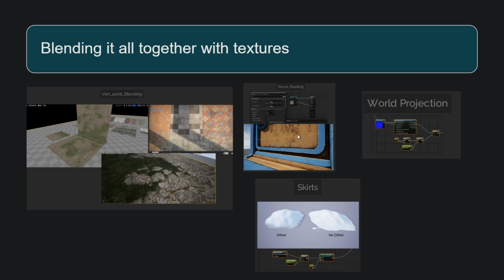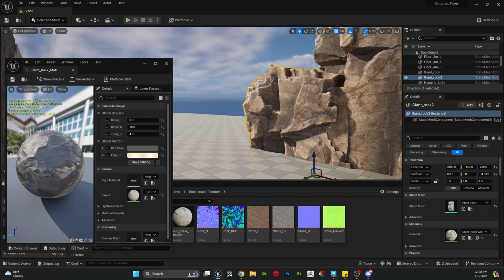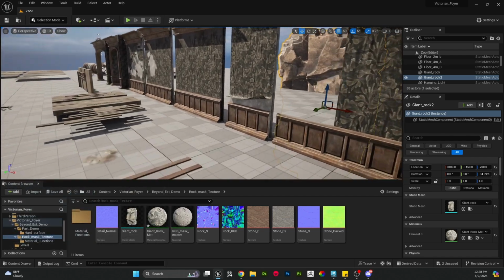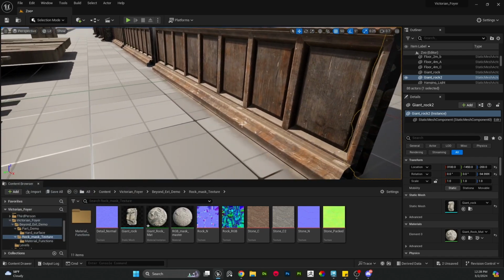You can also utilize things like decals that are floater geometry, and that can help ground models together. I know it's kind of hard to see, but let's go back over to my kit real quick. I have an example of this, but I don't know if you can see this okay here,